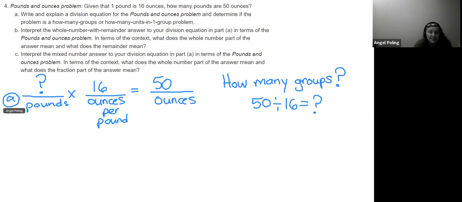Part B reads, interpret the whole number with remainder answer to your division equation in part A in terms of pounds and ounces, in terms of the pounds and ounces problem. In terms of the context, what does the whole number part of the answer mean? And what does the remainder mean? Okay, so for part B,